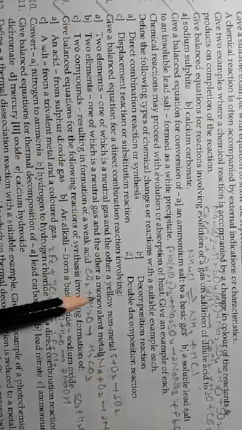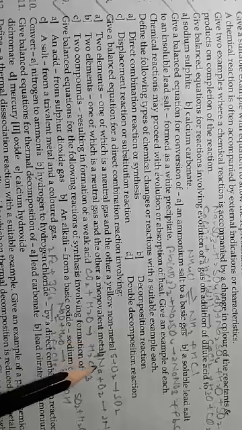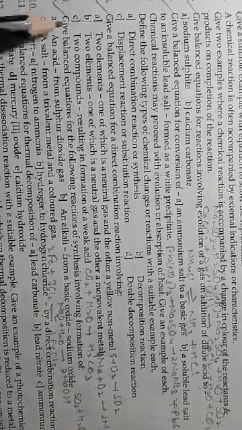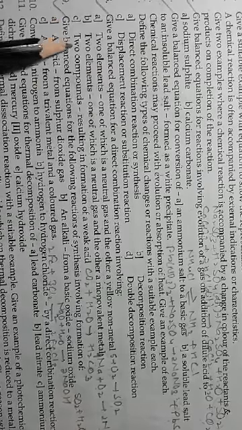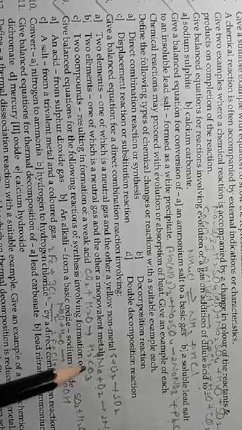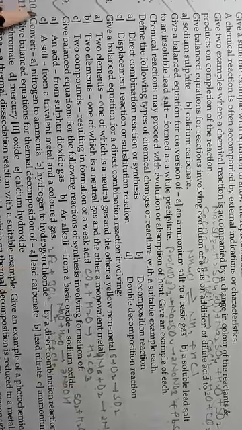Two elements, one of which is a neutral gas and the other is a monovalent metal. So sodium is a monovalent metal, oxygen is a neutral gas, and both are forming sodium oxide, Na2O. Third, C part, two compounds resulting in formation of weak acid. So CO2 plus H2O, both are compounds and together forming H2CO3, carbonic acid, which is a weak acid.